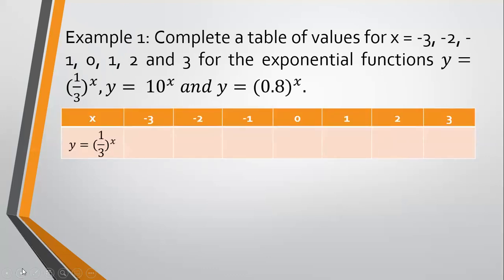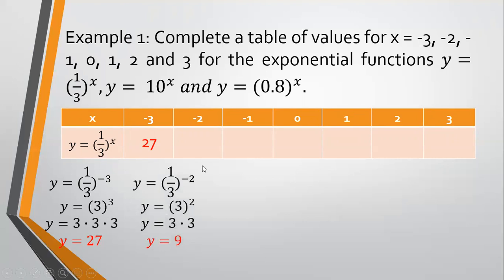So let's have first the first exponential function, which is y equals 1/3 raised to x. If we first substitute the value of x, which is -3, then we will have 1/3 raised to -3. Of course, we all know that we cannot evaluate expressions with a negative exponent, so we need to reverse the base and change the sign of the exponent. Then we have 3 raised to the 3rd power, and you know that 3 raised to the 3rd power is equal to 27. Then we do the same when x is equal to -2,